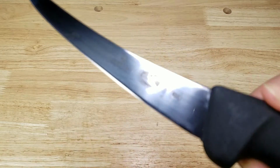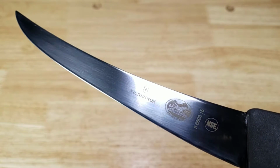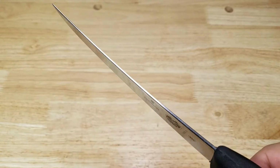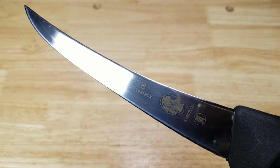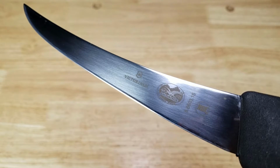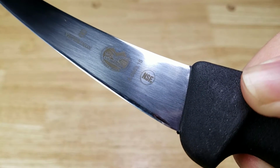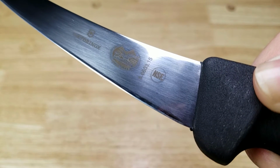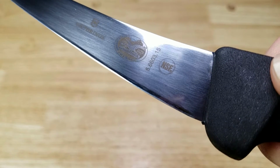Victorinox does use their own secret Swiss steel here, and it is a stamped steel that's cut out by a laser. That enables them to have that nice curvature of the blade and the thinness. It is a mid to high carbon stainless steel, which means it's going to have really great corrosion resistance, very easy to sharpen. And of course, back here toward the handle, we have the NSF stamp with the circle, which is National Sanitation Foundation, which means that these knives are consistently tested and meet or exceed NSF standards for cleanability,